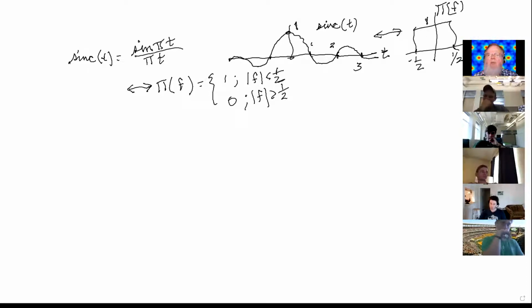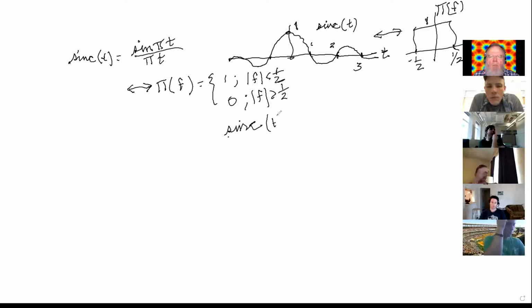So this is really good stuff, because it's very easy to remember. One of the interesting things about the sinc is what you get, and you'll be using this maybe when you do the problem. Suppose that you take the sinc and you multiply by itself. Can anybody by inspection tell me what the result is?